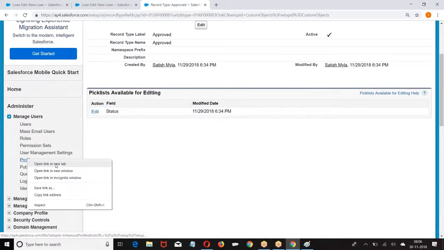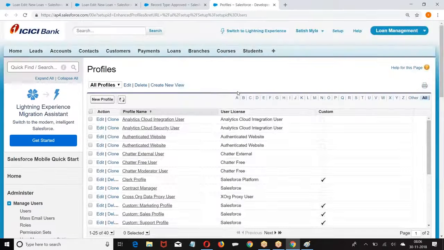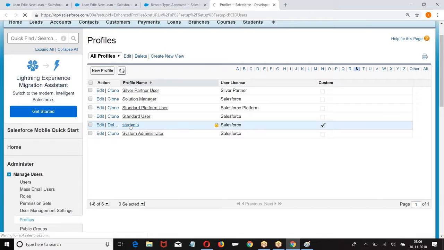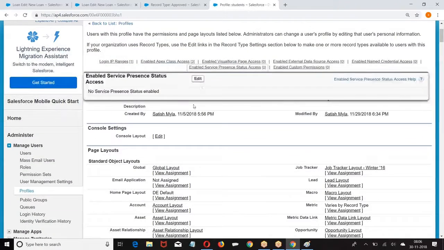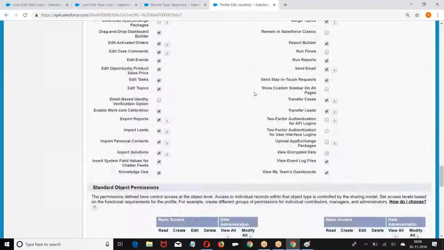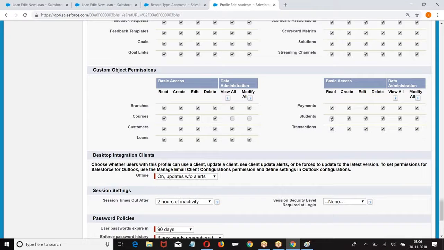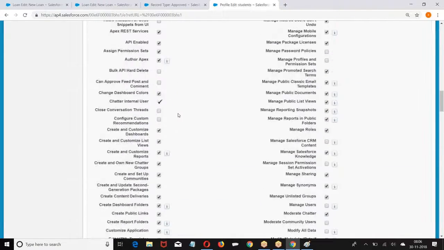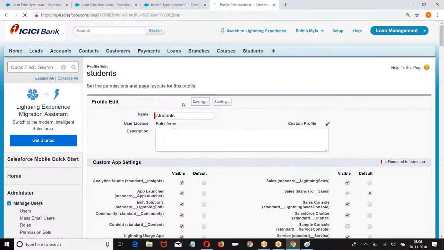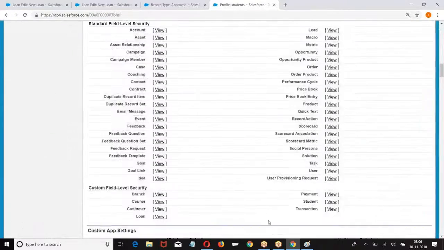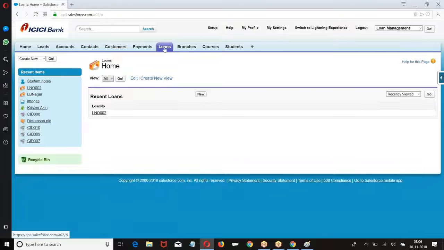Go to the student object. I give only read access. When I give read access, the student cannot create a new record.